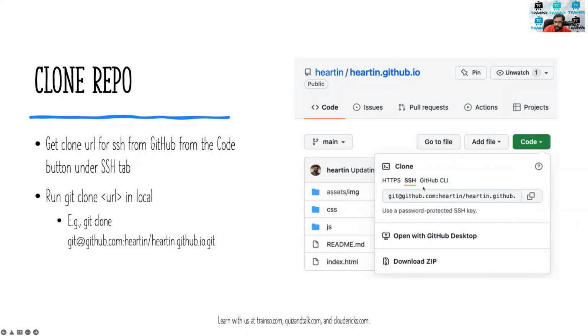So we have configured SSH, so we will copy paste this SSH based clone URL, and from your local machine, it would be good to create a folder for all of your GitHub activities, and inside that folder, run this command git clone and whatever URL you copy pasted. It will create a new folder, and then it will take whatever is there in your server into your local